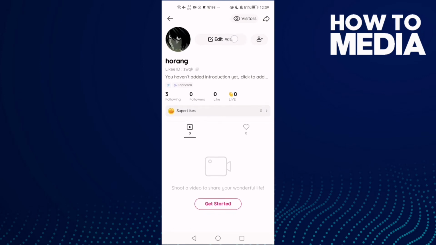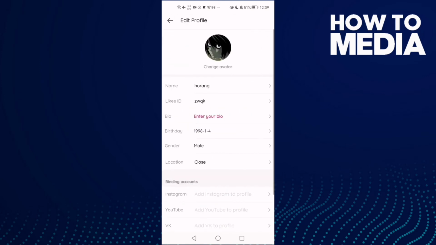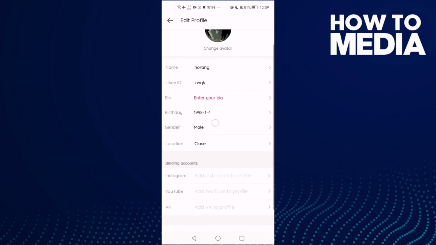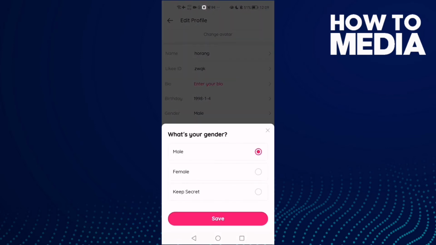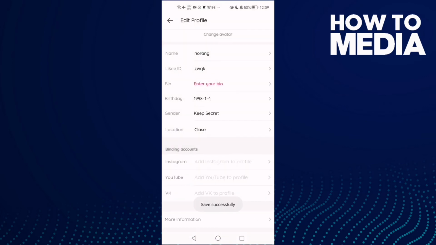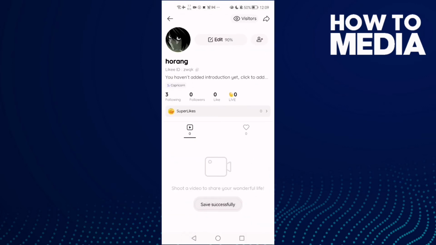And here you will find edit, click on it. And here you will find your gender, select it and then click keep secret and save, and that's it. Now just go back,